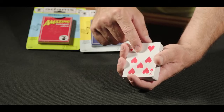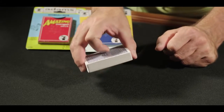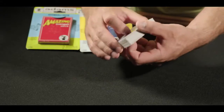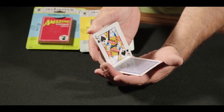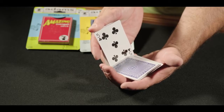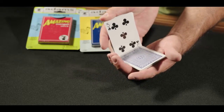Every other card is long and short. So your fingers actually only come in contact on the ends with the long cards. Of course, the long cards are where your fingers touch. That means if I riffle the cards down, they're actually dropping what seems like one card at a time, but actually in pairs. The short card is resting on the back of the long card. Watch as I drop this next card, and you'll see